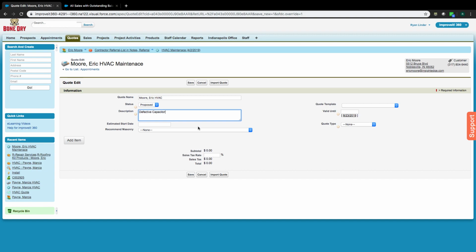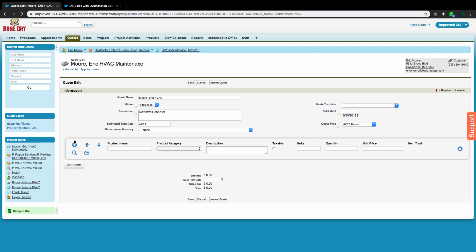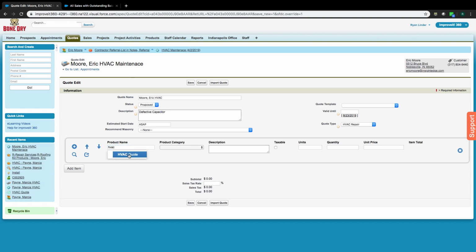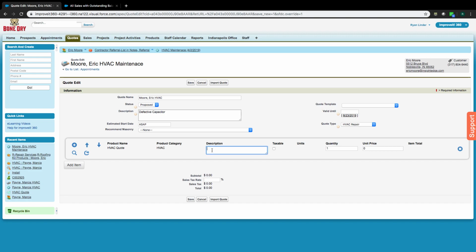Defective capacitor? Then start date, I'll put ASAP. Then go over here to my quote type and select HVAC repair. Hit add item. For a product here, it's going to be HVAC quote. In the description, we need to break the price down a little bit on this because that was